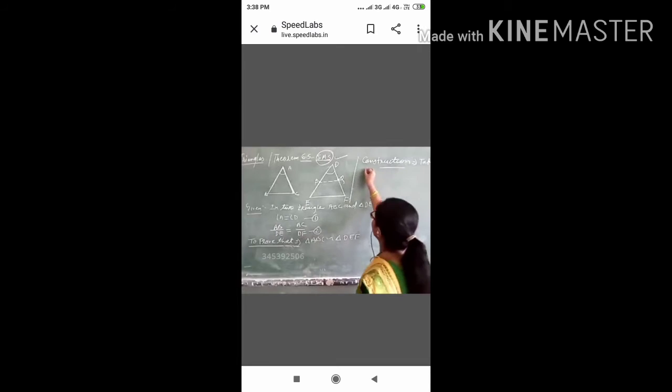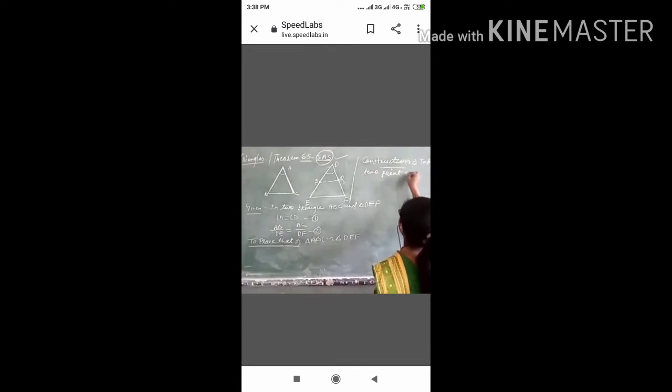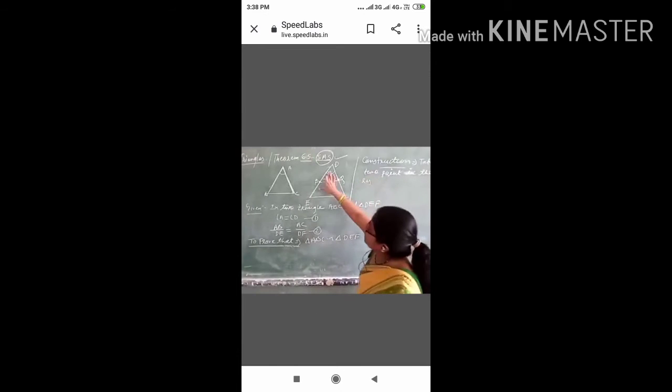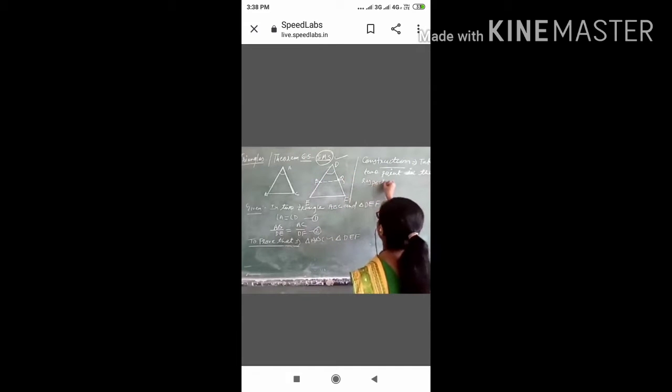Take P and Q, 2 points in the sides. What sides are there? DE and DF respectively, because I am taking point P on DE and point Q on DF. So respectively,